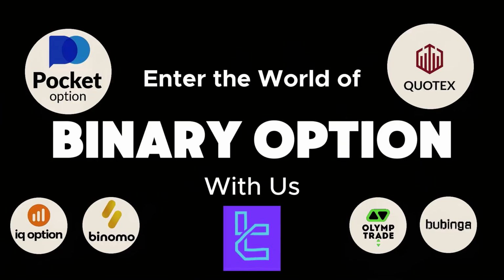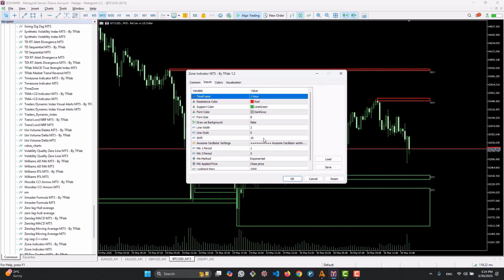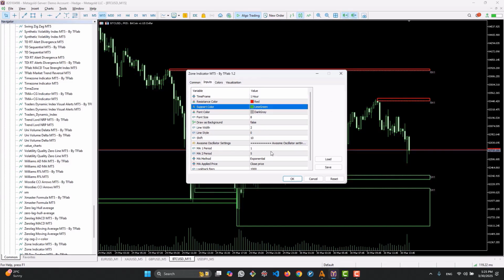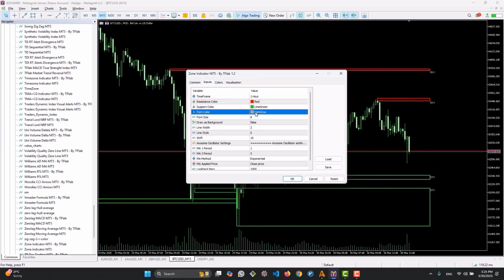is the time frame in which we want to have the support and resistance zones, which we can select from the available options. The next option is the color of the resistance zones, which we can specify. The color of the support zones, which we can specify. We can specify the color of the font that is written here next to these zones, as well as its